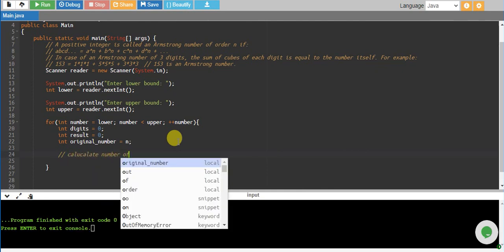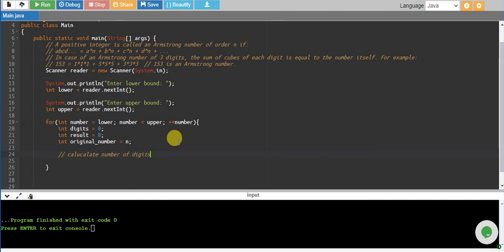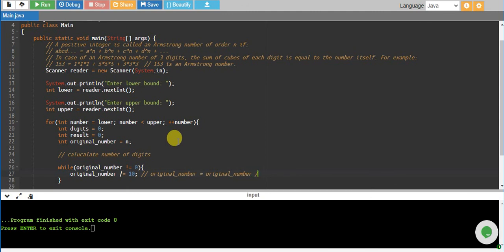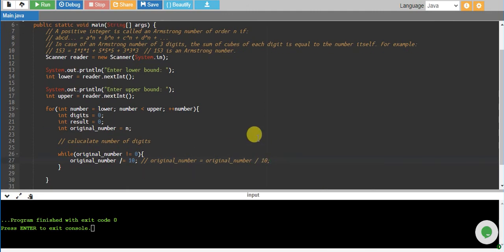So let's calculate the number of digits. Let's run a loop to calculate the number of digits. While original number is not equal to 0, we'll run the loop, and every time our original number will be divided by 10. So this is basically original number equals original number divided by 10. What we are doing is reducing one digit, just eliminating the last digit.